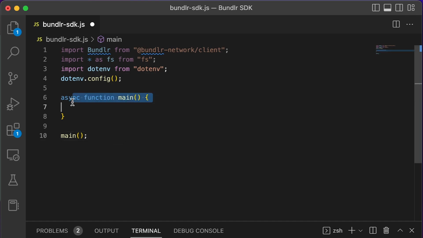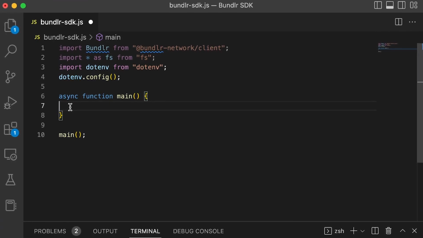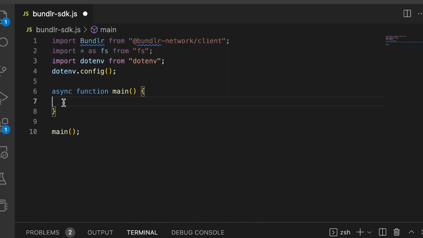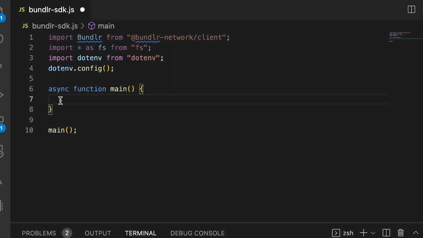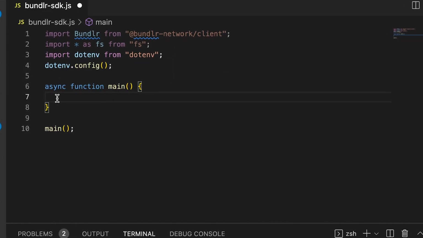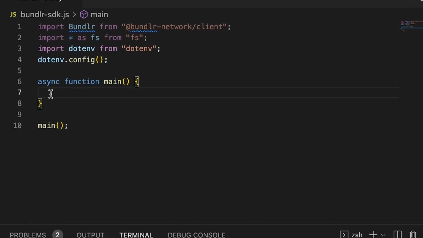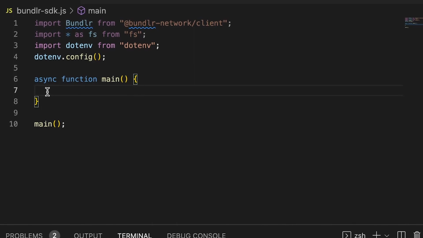All right, remember from the animation at the beginning, the first thing you do when working with Bundler is set up a reference to a Bundler object, which in turn points to a Bundler node. Now, normally when working with Bundler, we've got node 1 and node 2. With node 1 and node 2, you use real tokens, and with our DevNet, you use DevNet tokens. And any are fine. You can use Mumbai Matic, you can use ETH Goerli. Any of these are fine, but we'll use Matic.